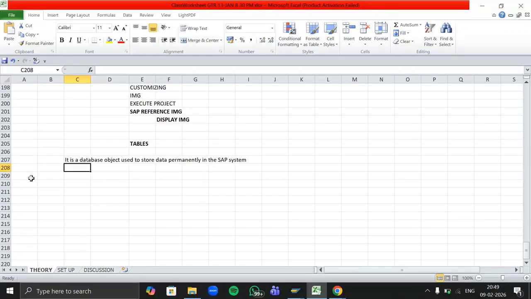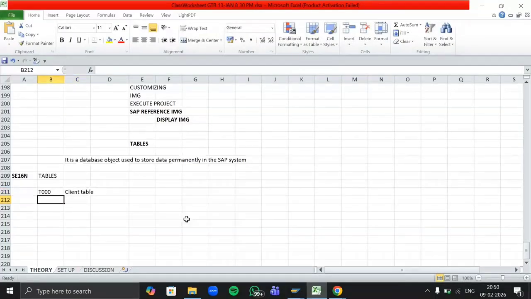Now, all your client details, like what is the currency of your client, what is the base of the client, which location we are using for the client, all these details are mentioned in one table. To check your tables, the T code is SE16N, and to check your client's table, the table code is T000. It's a client table.